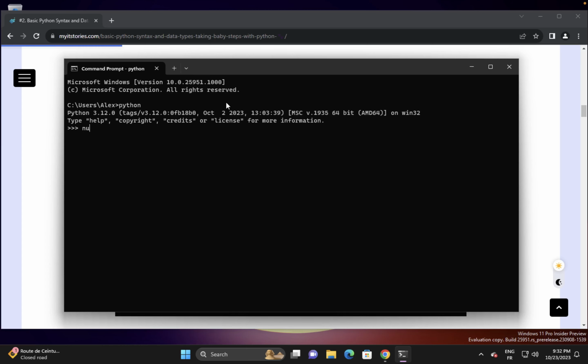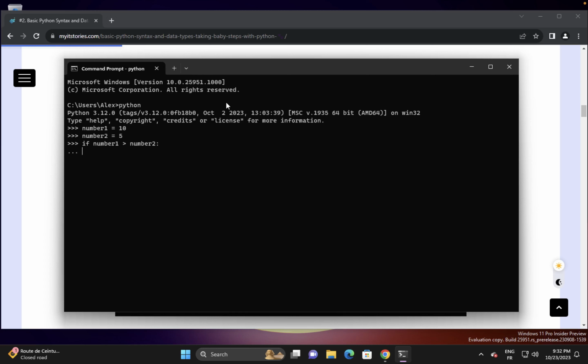Then type number1 equal to 10. Then number2 equal to 5. If number1 greater than number2,